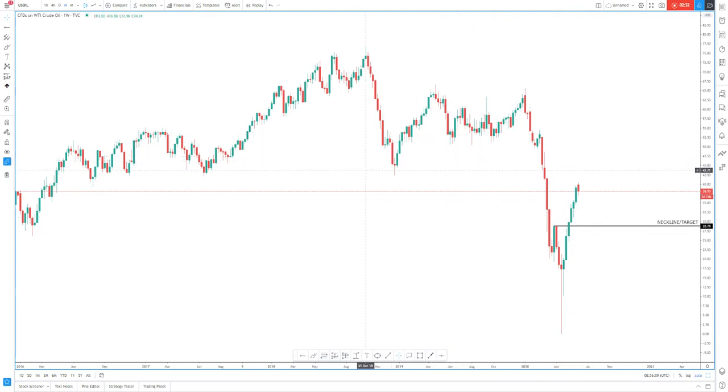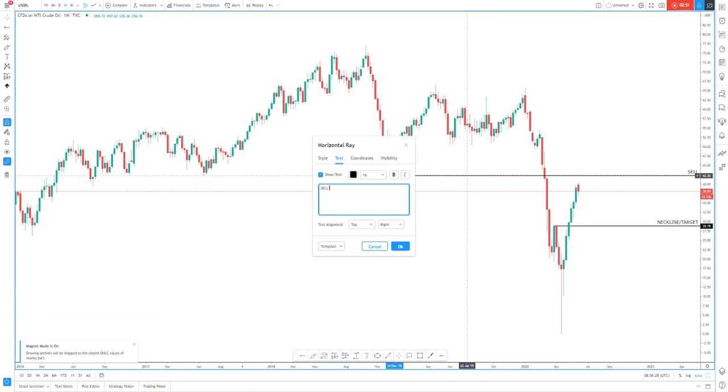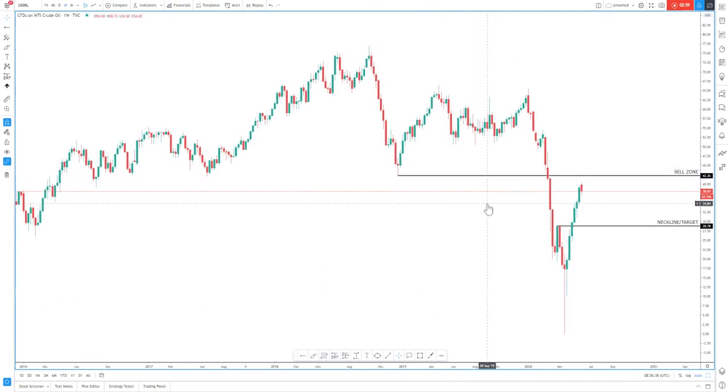Now, looking left around this area, I can see an area of structure here, an area of strong rejection to be precise. So I can pick out my horizontal ray and mark out this area of structure nicely. And now I've marked it out and I can tag it as sell zone. Yes. So knowing that this is a sell zone, I now go down to the daily time frame